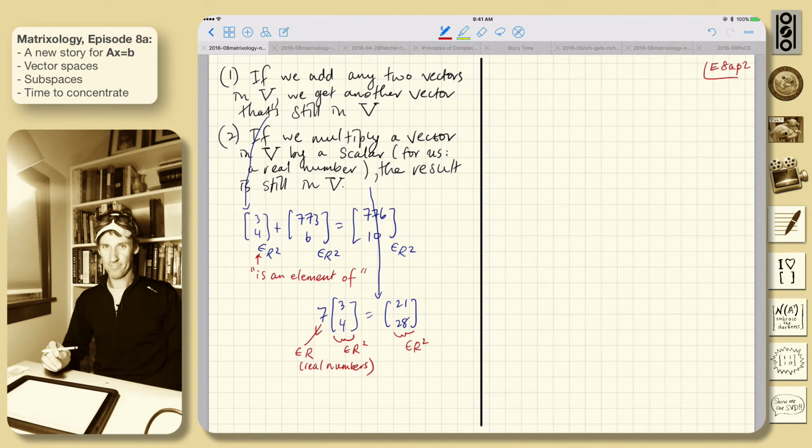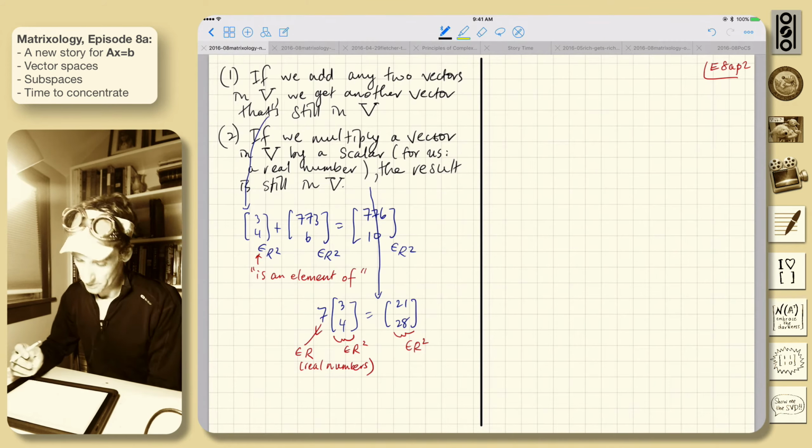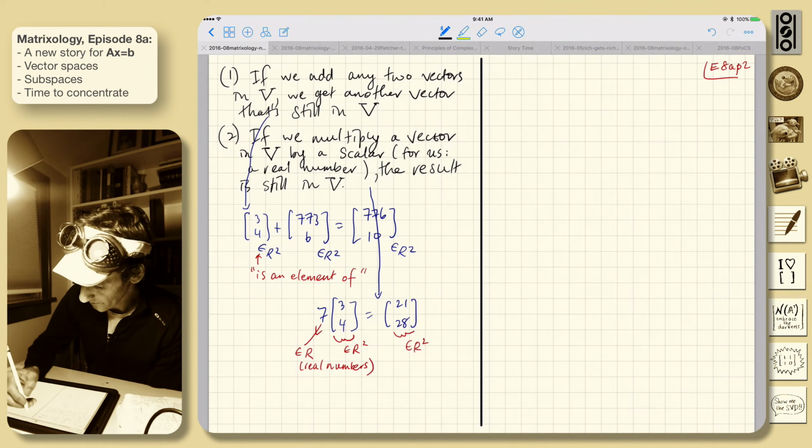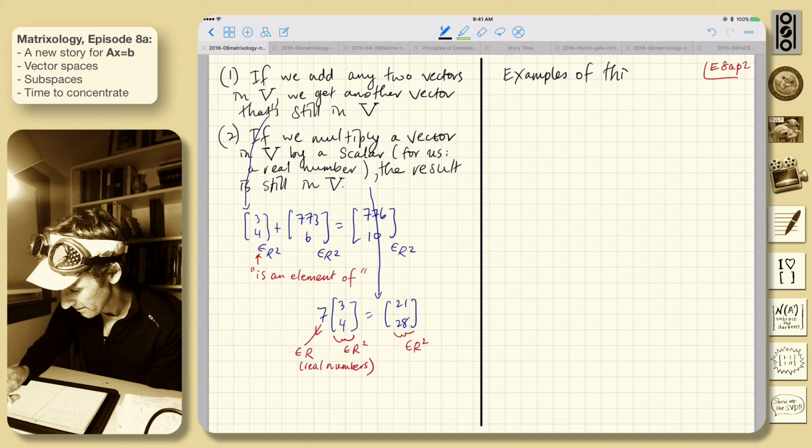All right, so let's see if we can confuse ourselves completely. We'll start to get a little bit to subspaces with this next statement. But I want to say things like, okay, so this is true. Examples of things that are